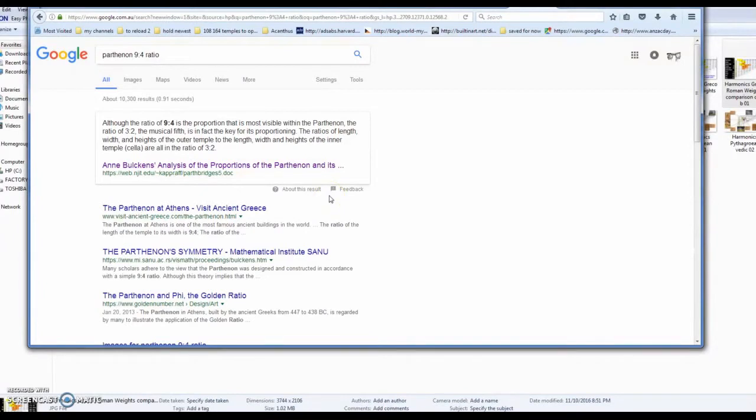Now, I can't post the link because it would ask you to directly open it with Microsoft Word or one of those types of documents. So if you do a search, you can just search that term and it will pull up the link. But now if I bring it up...